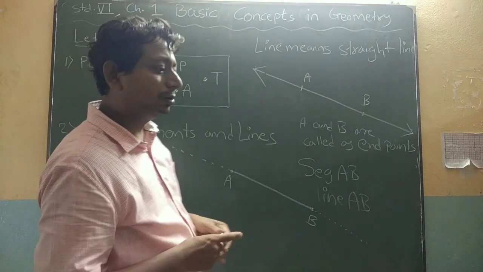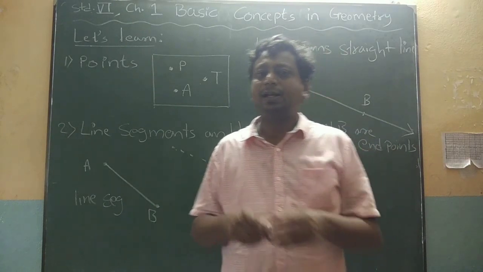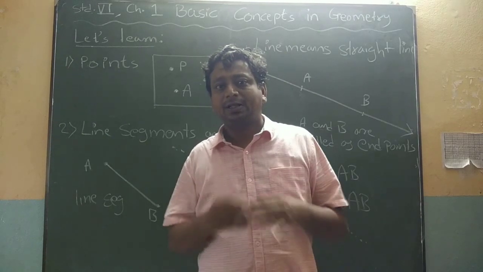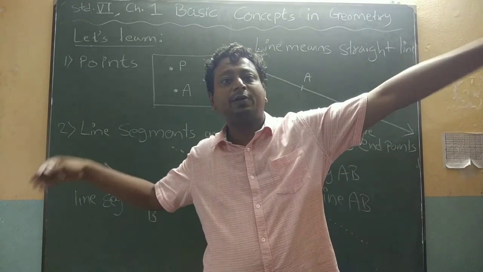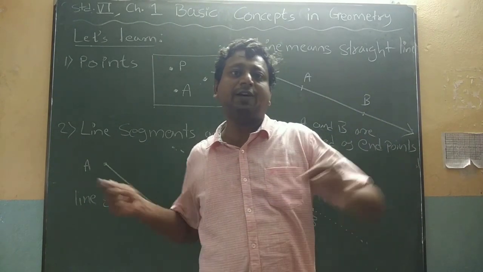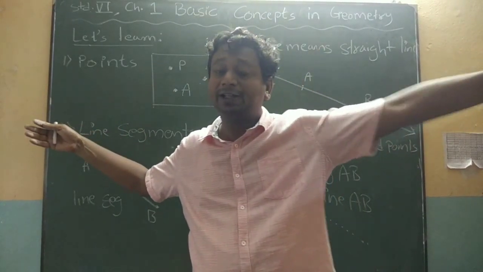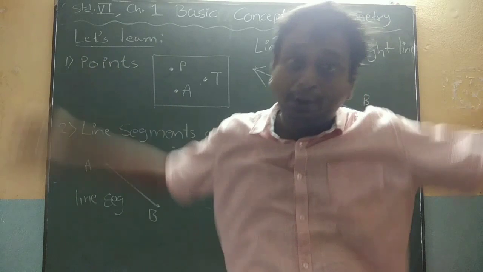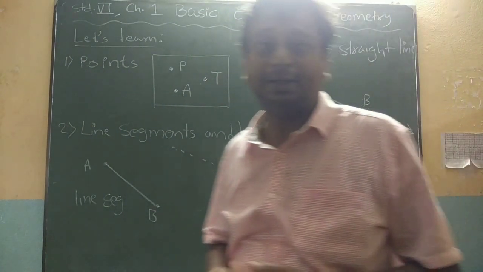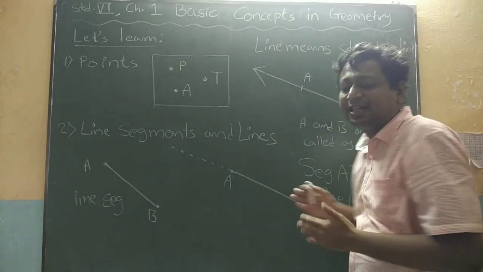So you can imagine a line if you draw on a page. If you extend that line, it will go out of the page. If you further extend, it will go out of your desk, then out of your classroom, then out of your school, then out of your city also. And it will go on increasing. So when there are two arrows, there is no end point to the line. Of course, we can make some parts of it.